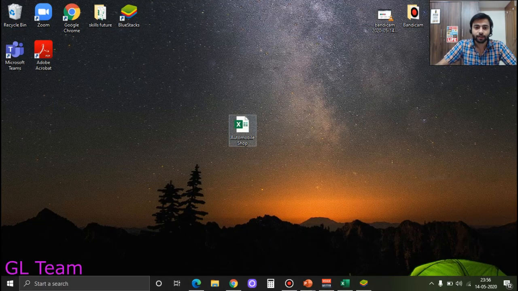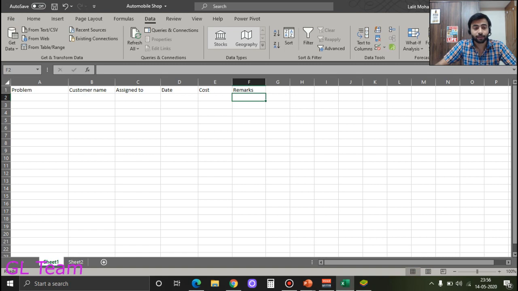So I have data in the form of Excel in my PC. This is a piece of work which I have done for one of my customers who owns an automobile shop. He has problems while storing data in Excel. It was more time consuming, so he needs an app where he can edit his data on his mobile. So there was a problem there. So I gave the solution where I made a Power App for him to utilize his time, where he can now edit in real time. When the customer comes, he edits all the data on his mobile, which is stored in Power Apps and then OneDrive.